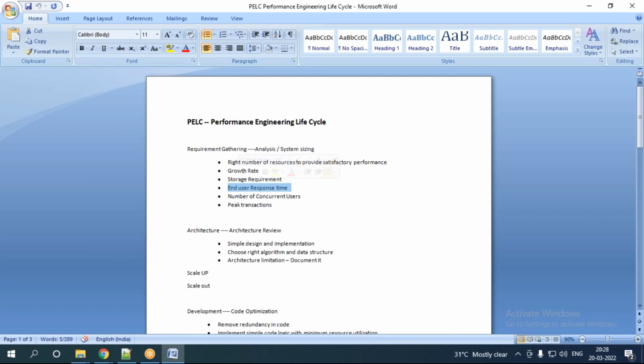End user response time, I mean, when the end user is actually accessing your application, within how much time are they getting this data, the response time. Okay, your performance testing tools are not providing the end user response time. It is actually providing HTTP level response time. Everybody able to understand what your performance testing tool is actually providing? Your performance testing tool is actually providing HTTP level response time, not the end user response time.